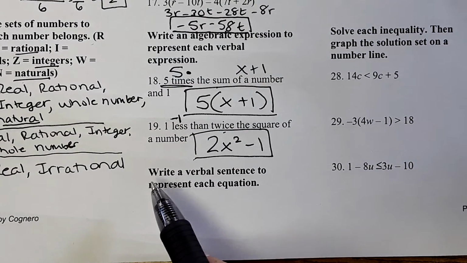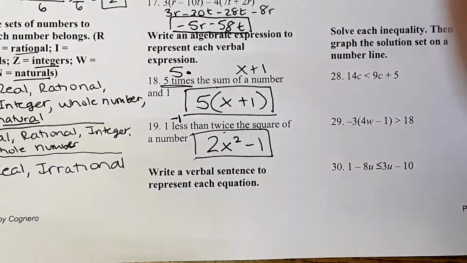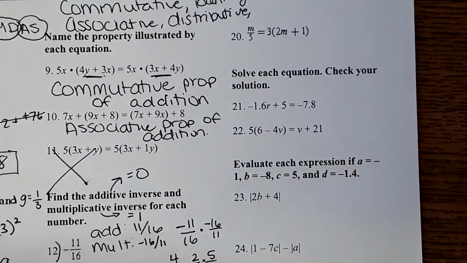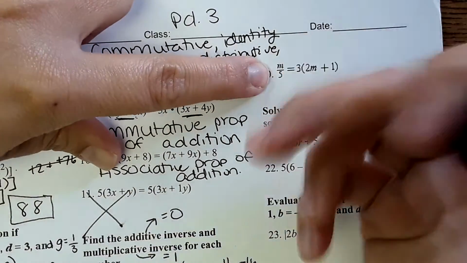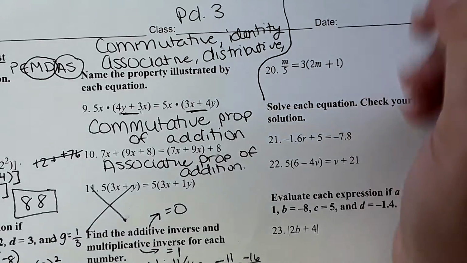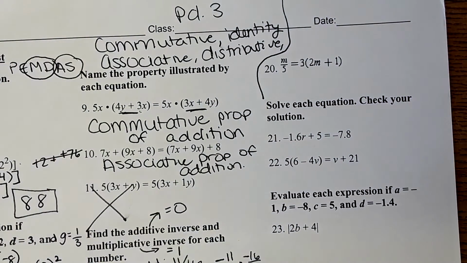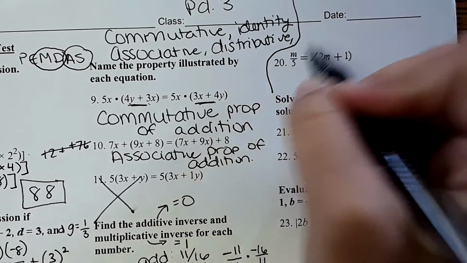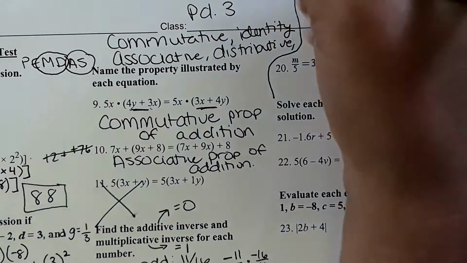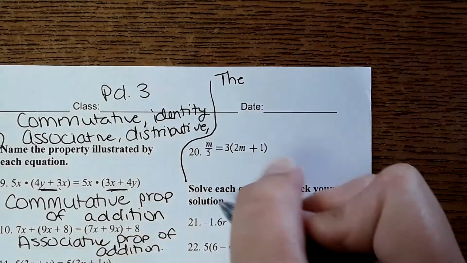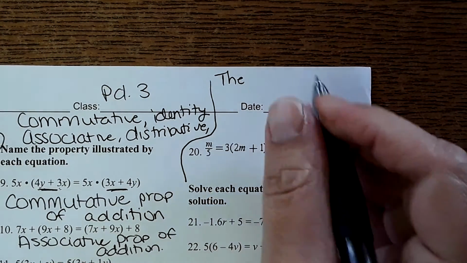And now it says write a verbal sentence to represent each equation. That equation is back up at the top. So moving on. 20, we're going to write a verbal expression for this. It'll be multiple choice, so you're choosing the verbal expression from multiple choice. But here's how we'd write it out. Here we have m divided by 5, so we're looking for the quotient of m and 5. I'm writing it up here because I'm not going to have enough room here. So the quotient of m and 5